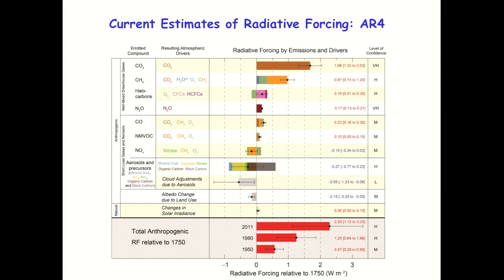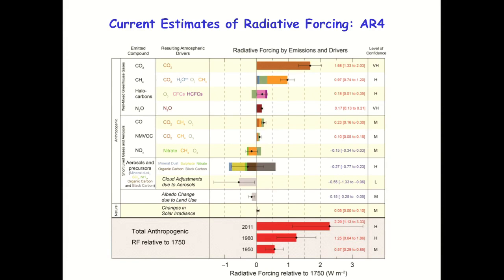Whereas we know how these different particles essentially absorb and scatter radiation, and more or less we know a lot about their concentrations in the atmosphere now, so we have a high level of confidence in those numbers. You can see that cloud adjustments due to those aerosols is still low. In fact, it's the only low one on the list if you look carefully. Again, albedo change due to land use. Now we've actually brought together the black carbon on snow, deforestation, etc. into just one component, and essentially the net effect is to cause a cooling effect, so it's negative.